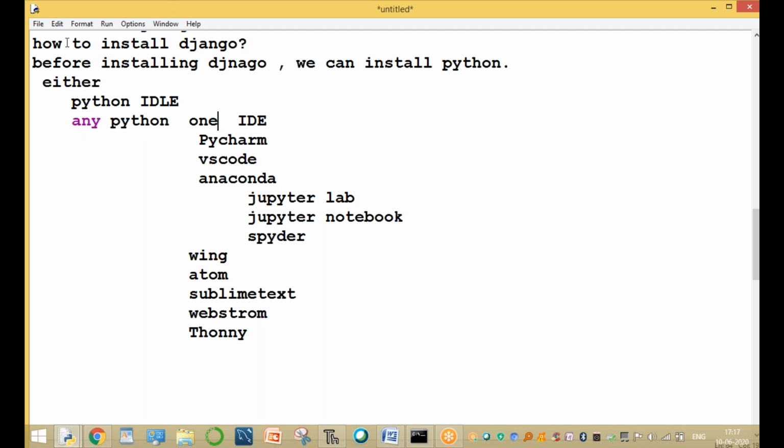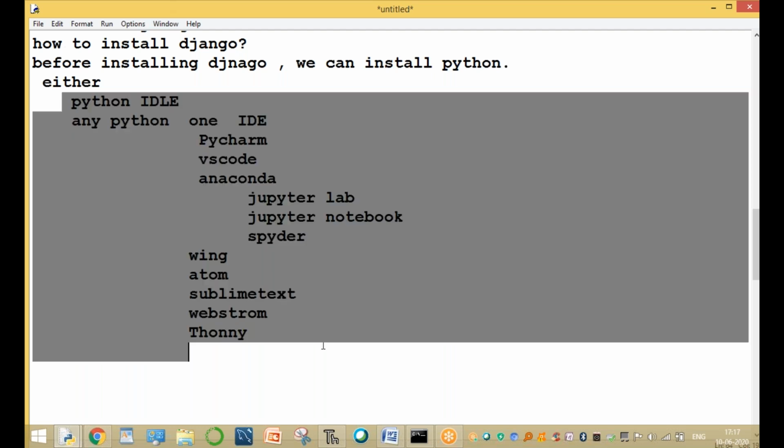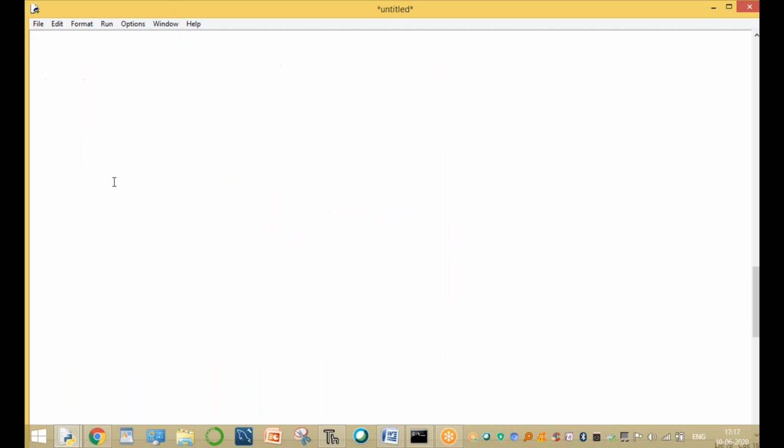After installing Python, you can simply install Django. Sir, how to install Django? The syntax, after completing the Python installation, is pip install Django.